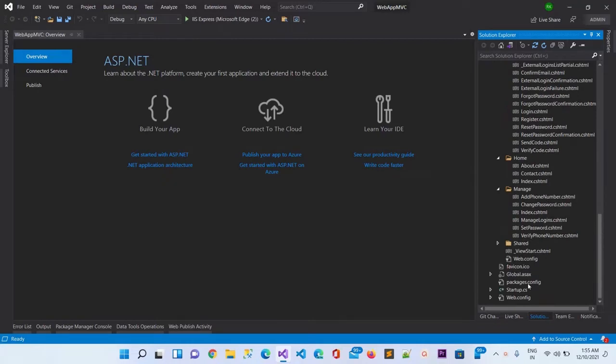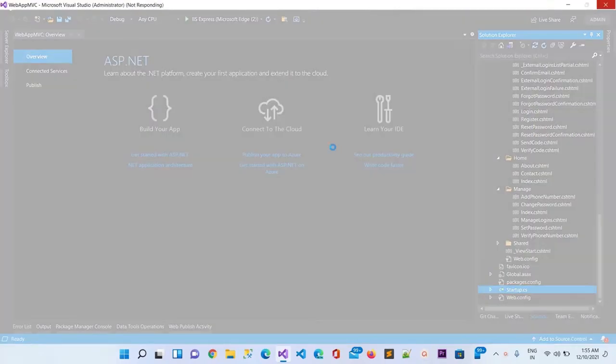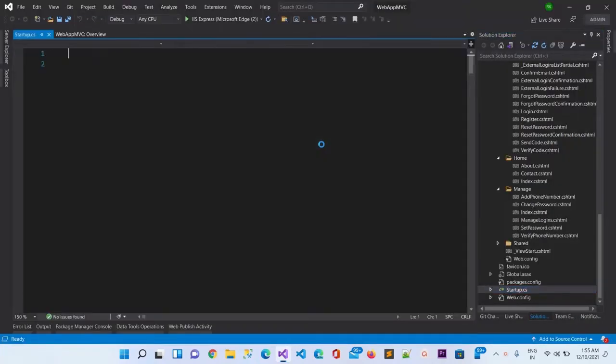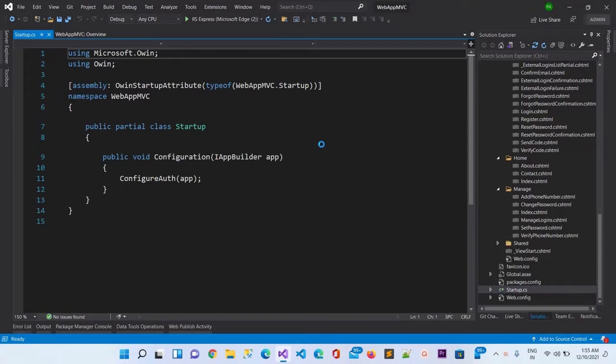The first thing here is Startup.cs, so let me double click on that, and it is opening. You can see this is the configure app, and it is using the assembly OWIN startup.